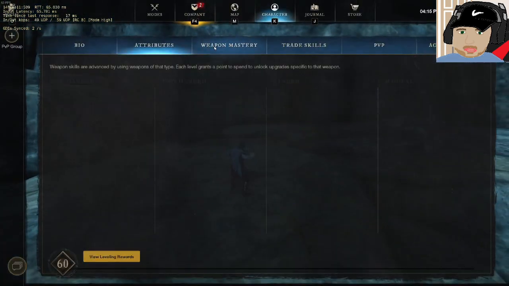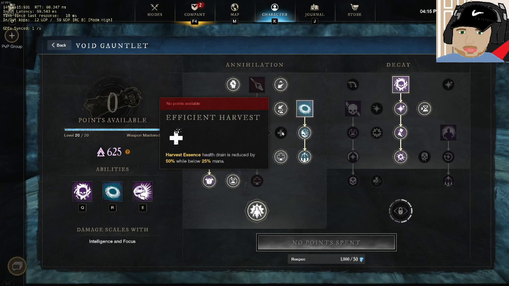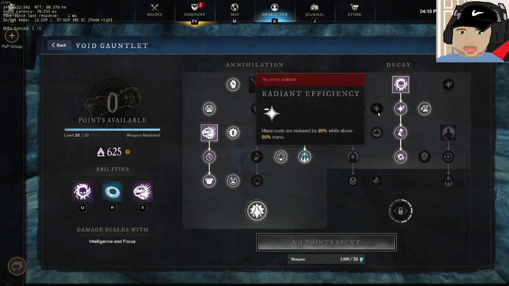These are going to be my perk trees. So for Void Gauntlet, I use all the passives. I might switch to this when they do change it in the next patch. I'm not sure yet. Void Collar is really good with 50 focus. It does give you a little bit of sustaining healing. I think you can drop this because